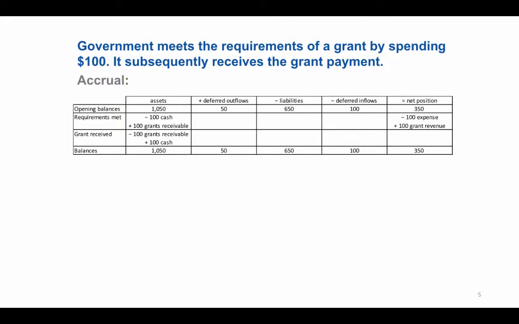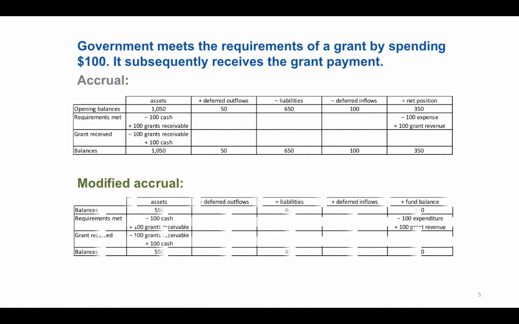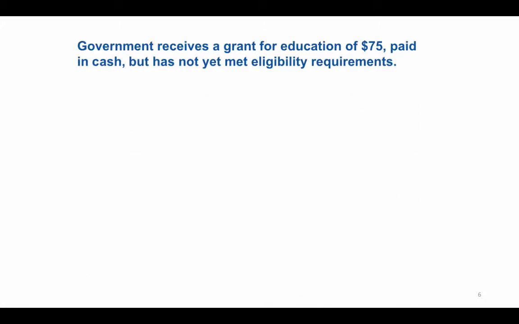The subsequent payment is simply the flow of cash. It is not the recognition of the inflow of resources under accrual. Under modified accrual, it's dealt with exactly the same way. Now, let's look at the way that it gets a little bit tricky, and that is when resources are provided